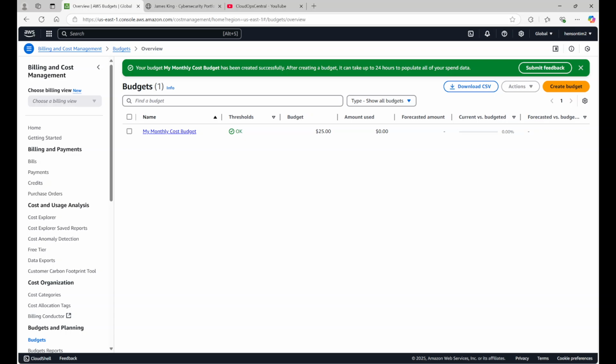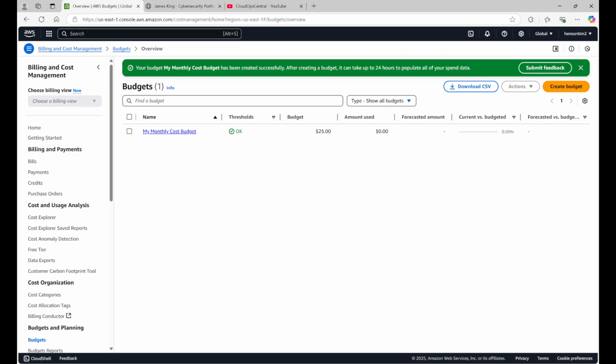And again, why do billing alerts matter? Billing alerts are more than just about saving money. If your account is hijacked, someone could quickly rack up unsuspected charges by launching large instances or using expensive services. By setting up billing alerts, you can catch this unauthorized activity and stop it before the bill gets out of